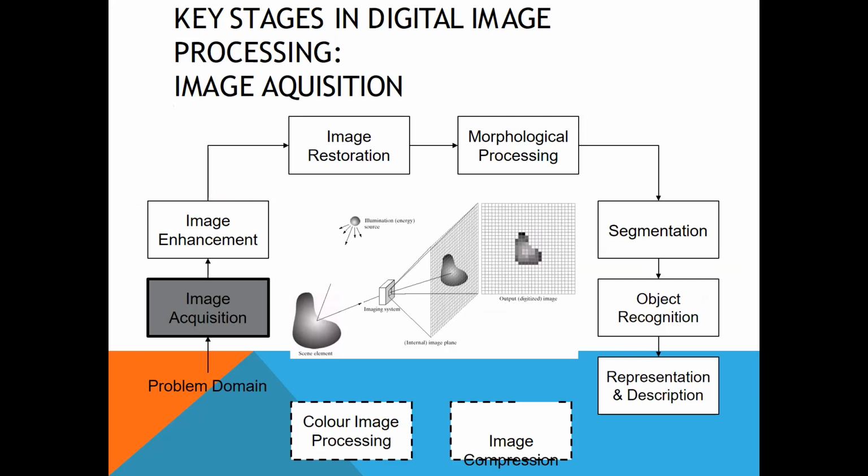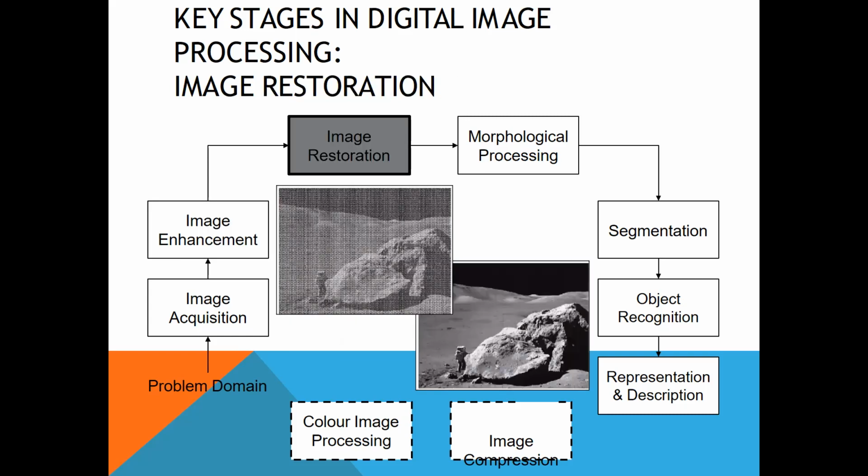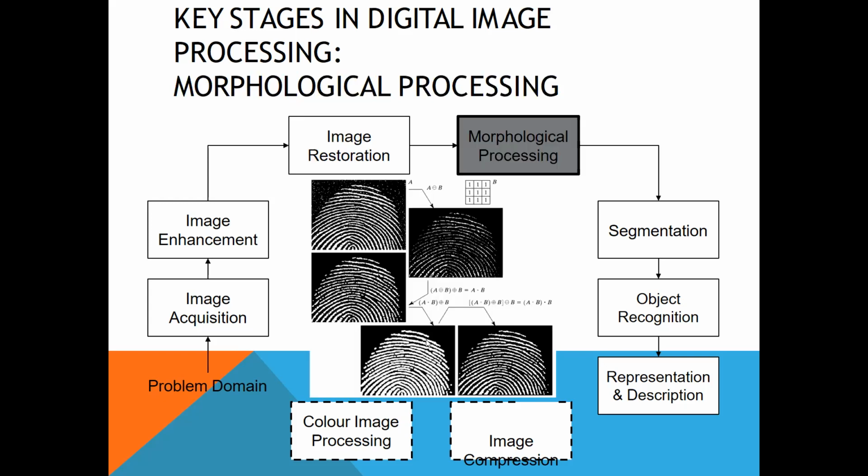The key stage in digital image processing is image acquisition. This is the first step, in which we take the image on which we are working, our problem, our domain. Fine. So next is image enhancement. You can see this image, this is an enhanced image. Then restoration. You can see this is a restoration. The picture is blurred, but it's not. We are using morphological processing to get the exact required thumb expression.